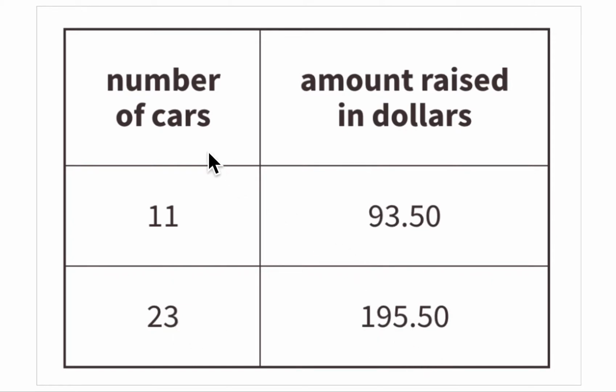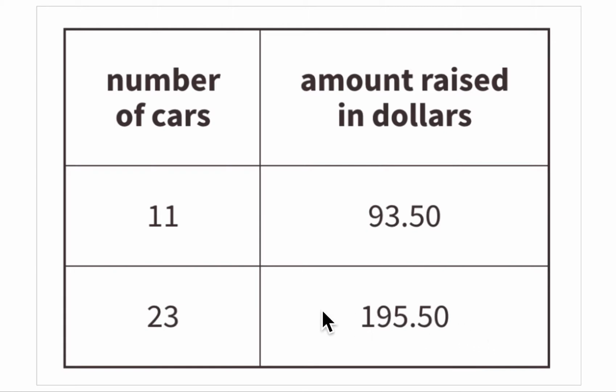$195.50. So usually we put the x values, the values along the x-axis, on the left side and the values along the y-axis on the right side, because the value for x is usually the number that you know. You are given, in this case, the number of cars, and you calculate how much money you make off of those 11 cars or 23 cars, whatever. So this is usually the x value, and this is usually the y value. So the y value you can think of as the answer to the problem. How much money did we make after washing 23 cars? Oh, we made